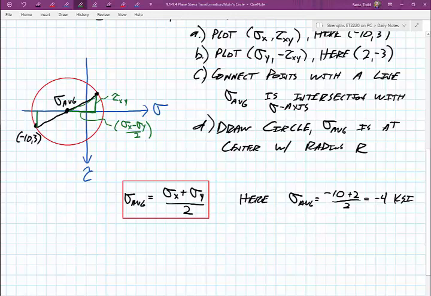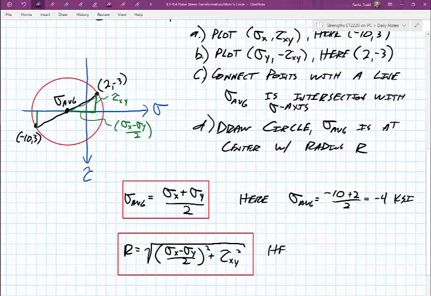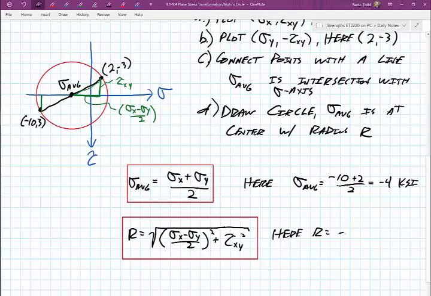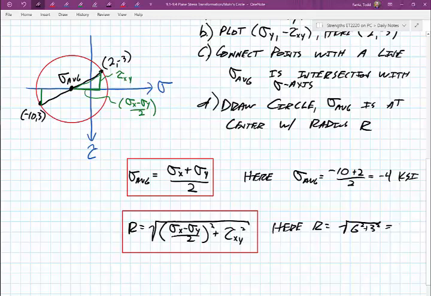So hopefully it's just a little geometry. Hopefully you'd be able to figure that part out. I forgot to label this point. I might as well put it in there. This is 2, minus 3. But you could use either triangle. Developing the equation for that radius, using the Pythagorean theorem, the radius would be the square root of that sigma x minus sigma y over 2, that quantity squared, plus tau xy, that quantity squared. And here, for this particular case, our radius is equal to the square root of 6 squared plus 3 squared, or 6.708